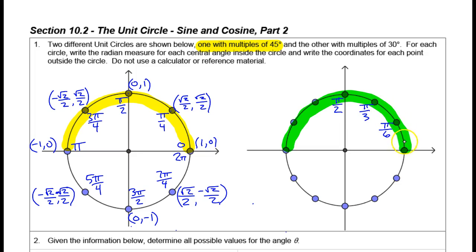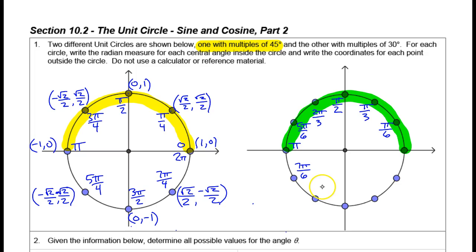So 1, 2, 3, this one's 4 pi over 6, which can be reduced to 2 pi over 3. If you'd like to count in thirds, you could count that as 1/3 and that is 2/3. So to see how those thirds can be viewed on the unit circle. All right, so continuing around here, we now have 5 pi over 6, 6 pi over 6, which is also pi. And now I'm increasing to values greater than pi, so this is 7 pi over 6,